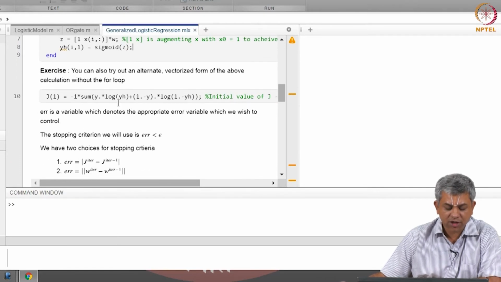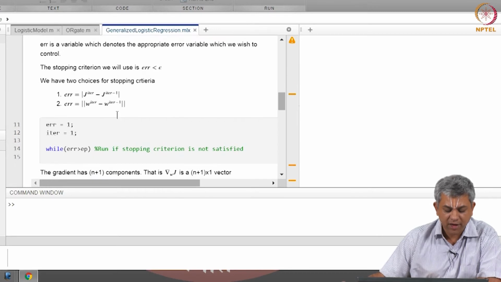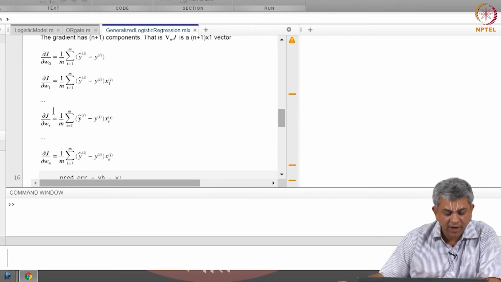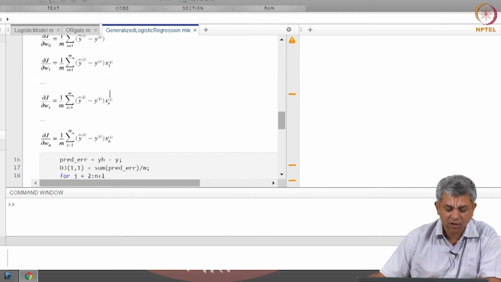The other change is in calculating the loss function. The loss function is now the binary entropy loss function. Otherwise, the error terms etc. remain exactly the same. In fact, even the gradient terms remain the same. You may include or you may remove the 1 by m term.